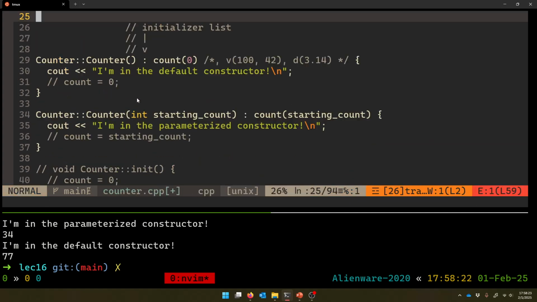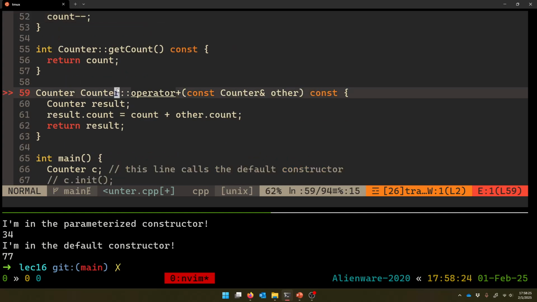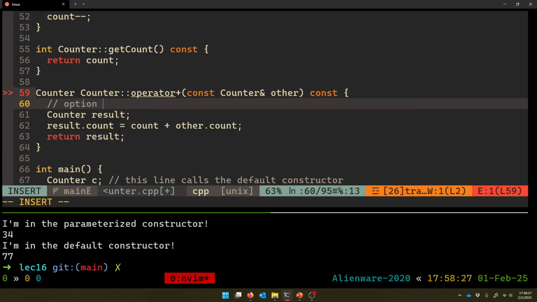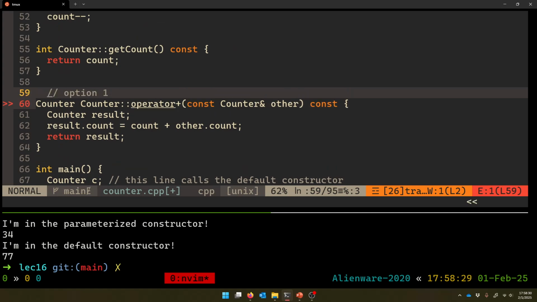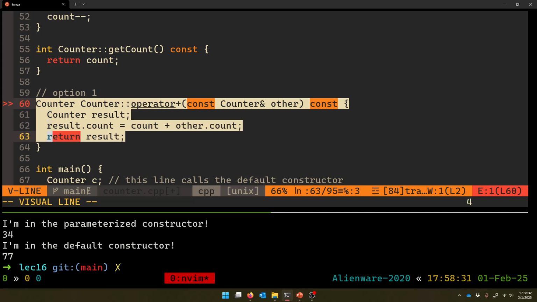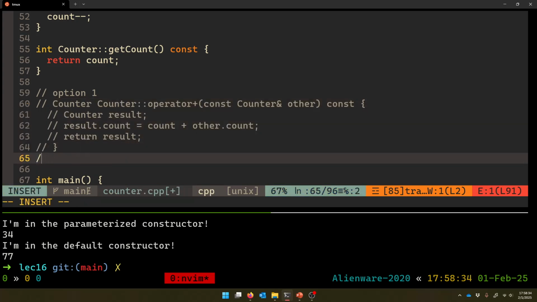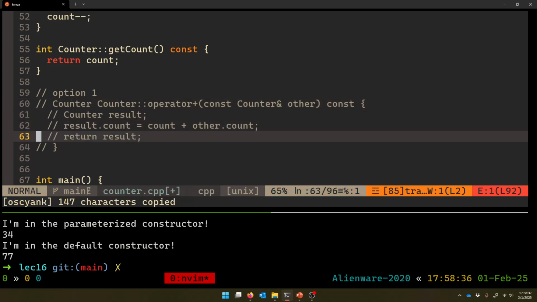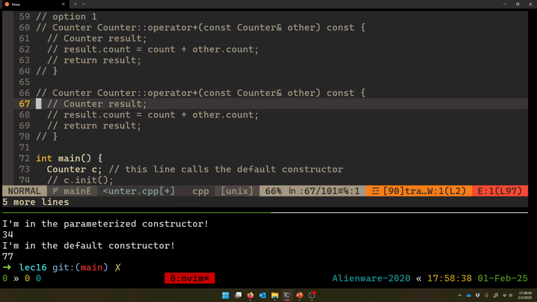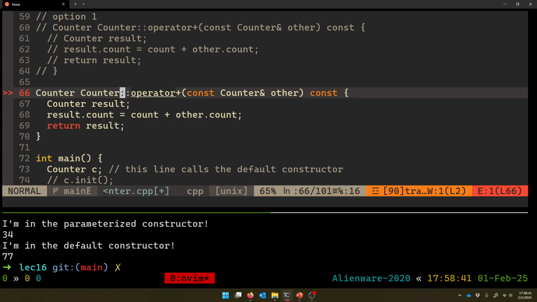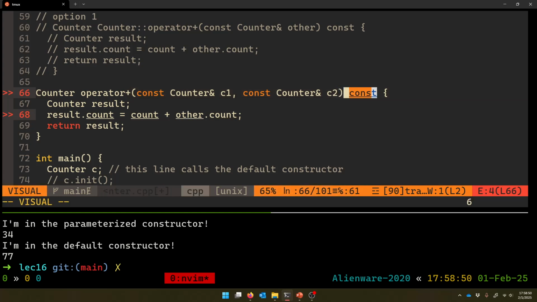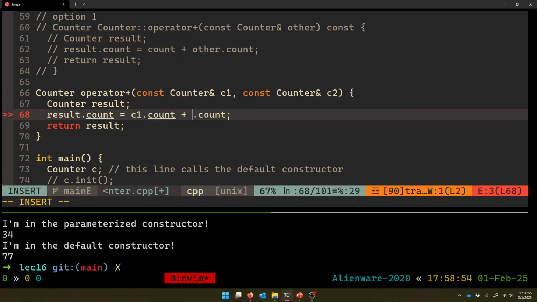You can't give both though. So like, let me comment out the one we just did. This is option one. Option one, and then I'll comment this one out. Here's option two. It's mostly the same. If you didn't make it as a method, you could make it as a function. All right, so it would just be a function called operator plus that took two things: const counter, I don't know, C1 and then C2. It'll take the two counters, and then it's just like, all right, my count is C1's count plus C2's count,